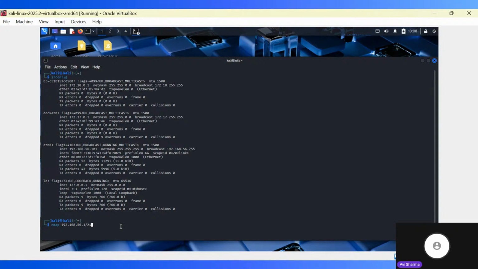Now why am I typing /24? Each of these is 8 bits, right? So this part is fixed. All other IPs are assigned to this last part. The DHCP command works in that way. Subnet mask, let's go. Amazing.